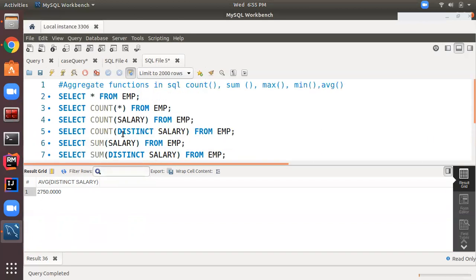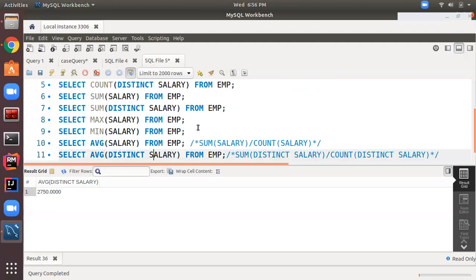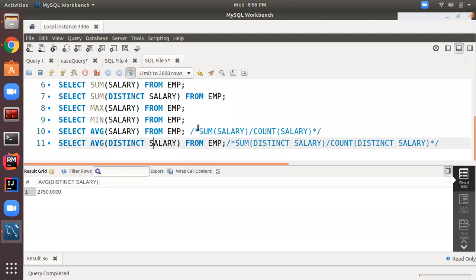So these are the basic aggregate functions which we learned today in MySQL, which are count, sum, maximum, minimum, average. So first of all you need to understand these basic functions, then only we can use these with complex queries. SQL aggregate functions are very useful. They are basically used in writing correlated queries, which you will learn later, and they are also used in writing multiple nested queries. Plus, the most important use of these aggregate functions is with the group by and having clause, that we will learn in the next upcoming session.